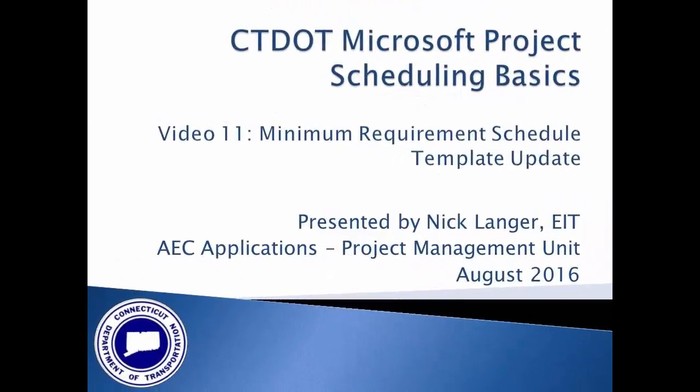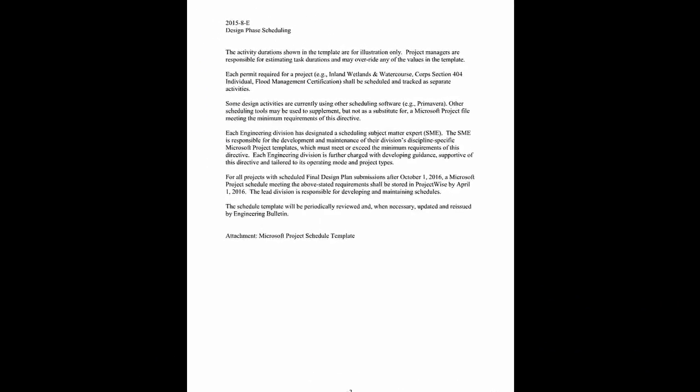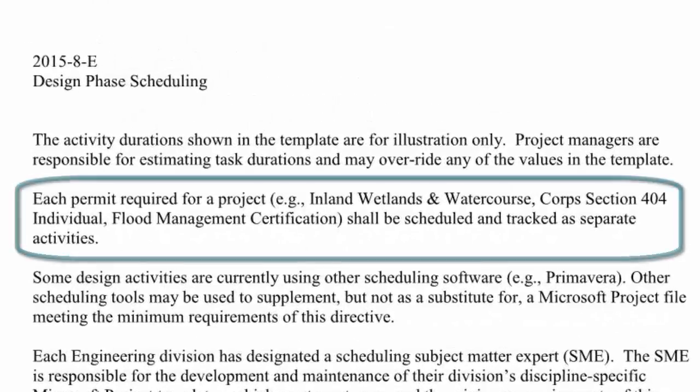This is tutorial video number 11, and it presents the updated minimum requirements schedule template and how to update an existing schedule to satisfy the design phase scheduling bulletin. The design phase engineering directive states that each permit required for a project shall be scheduled and tracked as separate